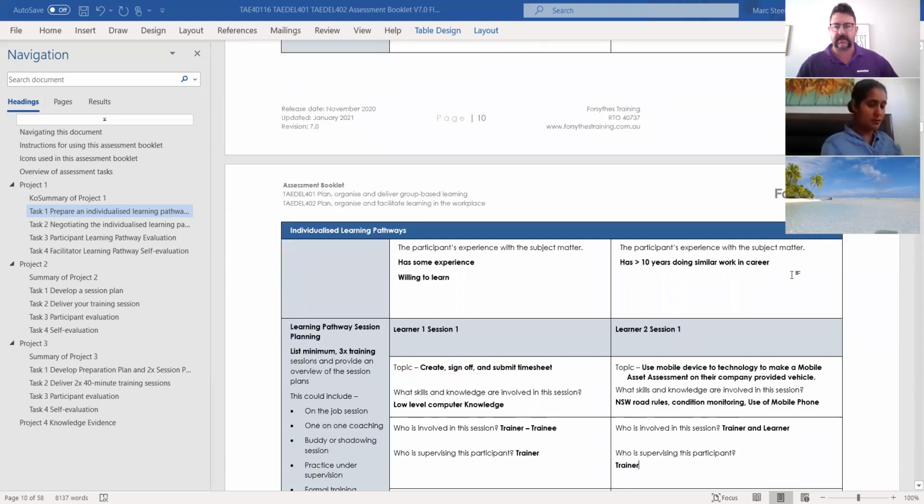Participants' experience with the subject matter. I've got you down as you've been with us for 10 plus years doing similar work in this role. I must say with the subject matter, I kind of missed the mark a bit there.